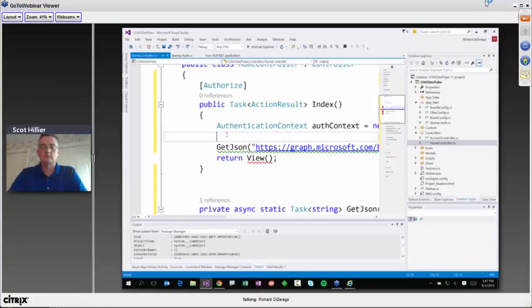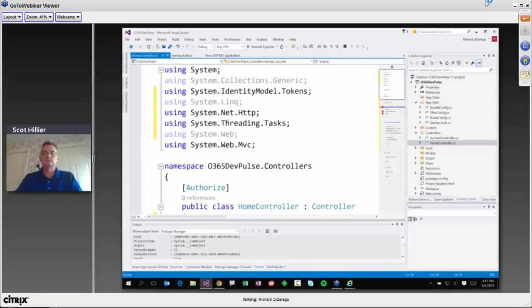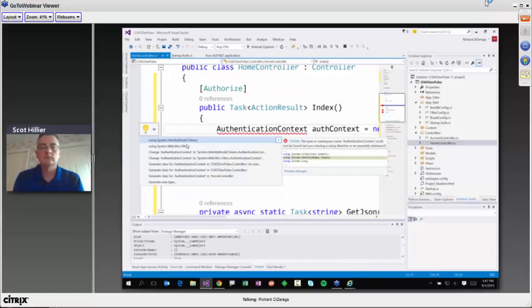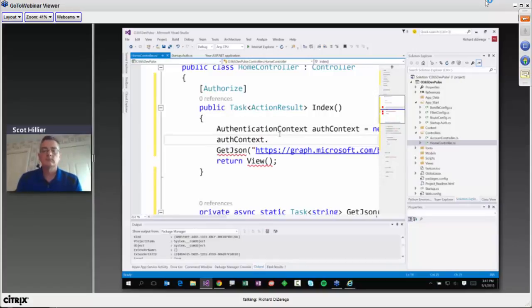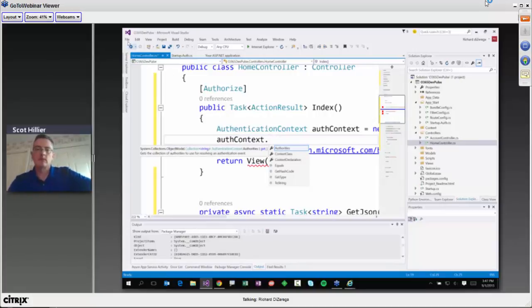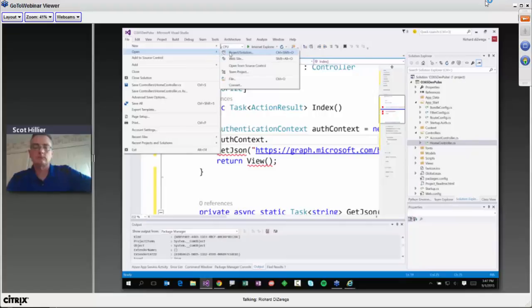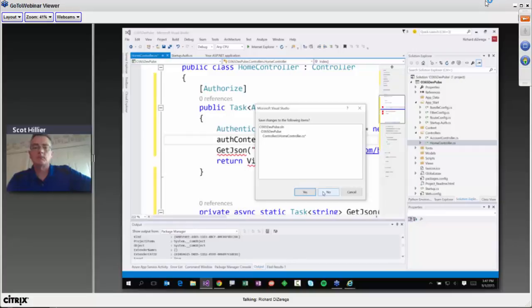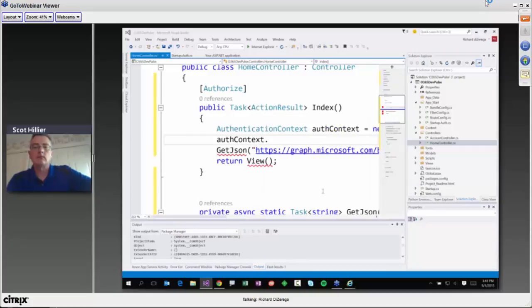Once I have the authentication context, I can simply use it to go and get an access token. Actually, I may have used the wrong include here, so let me fix this. This may have pulled in the wrong library, but ultimately I can explain what would be going on: I could say auth context dot get access token for resource. The resource is ultimately just telling me what service I actually want to connect into. I'll jump to one here that's a little bit more complete. We'll do the cooking show version here.